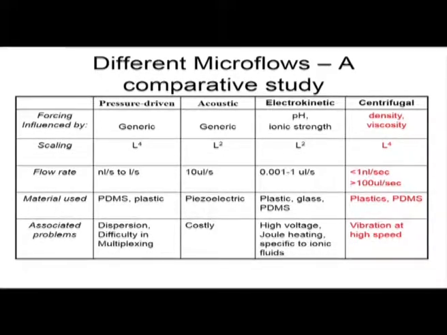For example, if you want to have a very high throughput, what will you do? You will try to rotate the CD at a very high speed, and if you are rotating the CD at a very high speed, then there can be vibrations in the setup, and these are purely mechanical vibrations, and these vibrations can disturb the transport processes significantly.